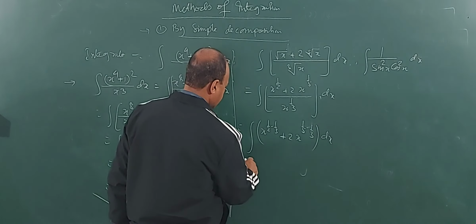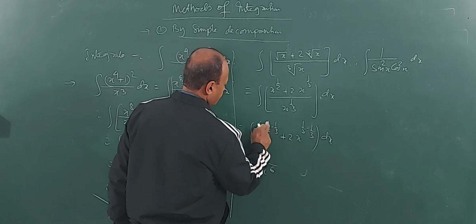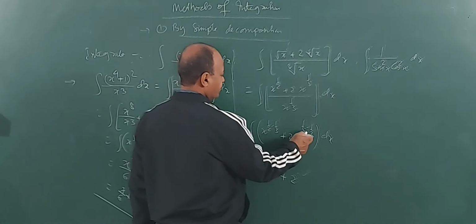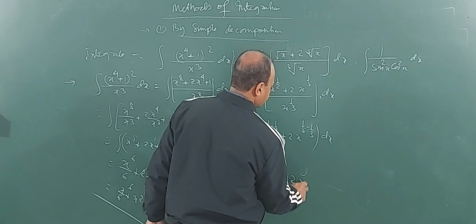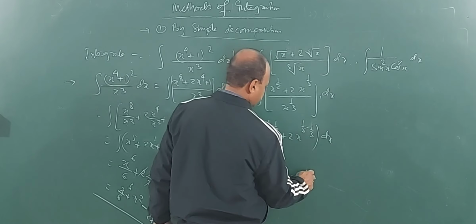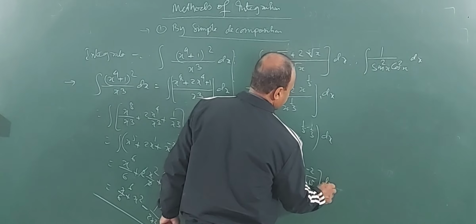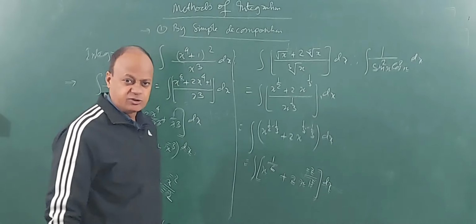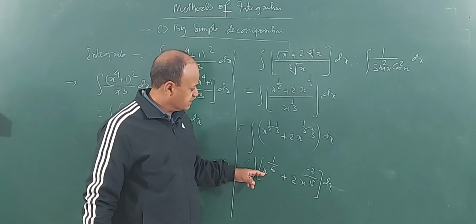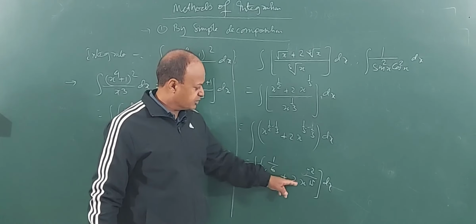Now we will take the LCM here. LCM is 6, 3 minus 2, that is 1, plus 2, take LCM 15, and then 3 minus 5 is minus 2. Until then, I just need to integrate this whole thing. Easy to integrate now? Now I can use simple decomposition on this. That is, I have simplified the integration to x to the power 1 by 6 plus 2 x to the power minus 2 by 15.